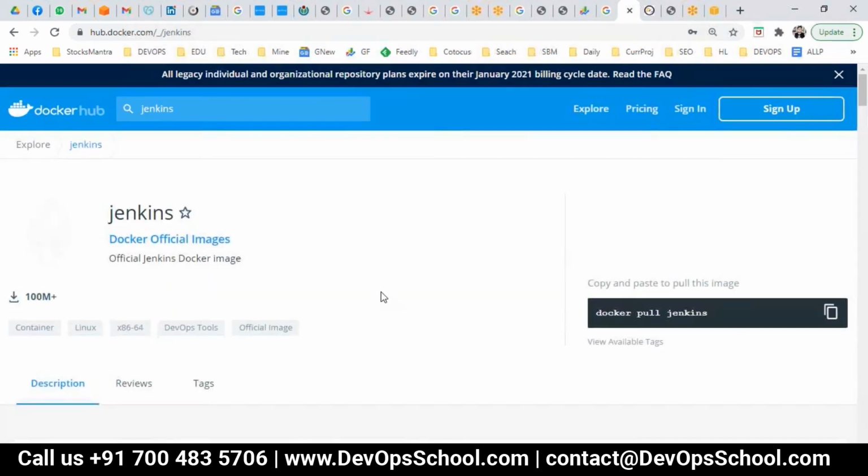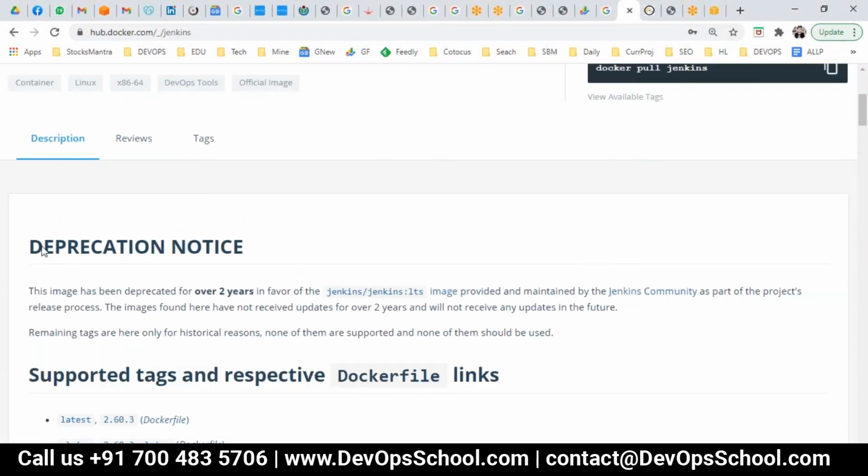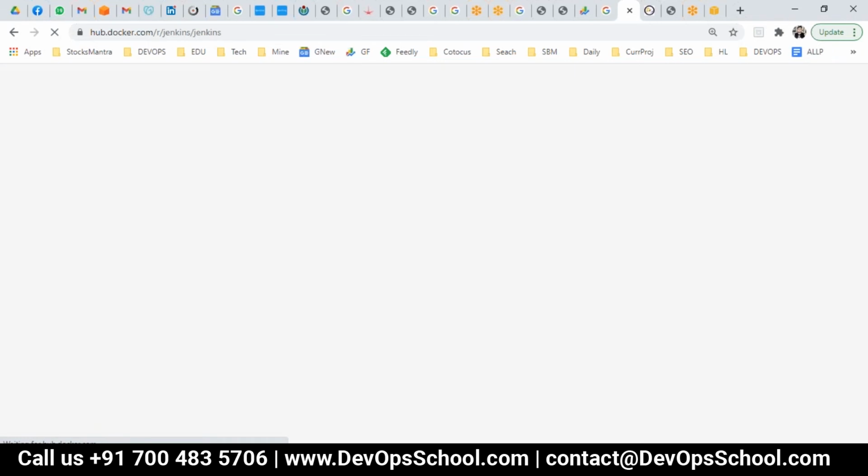Here, if I click on this image, I see a deprecation notice. That means this image has been deprecated in favor of this other image. So I'll use this image, no problem. This is the image which I am going to use now. The earlier name was jenkins, now it's jenkins/jenkins.